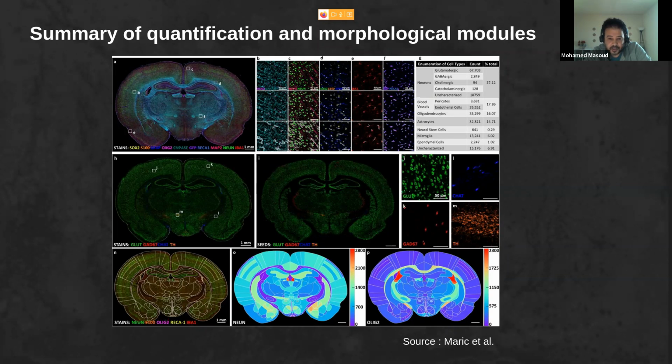So in general, the authors in this paper put together a protocol that can work if we want to bring multiplexing imaging technology to the brain.